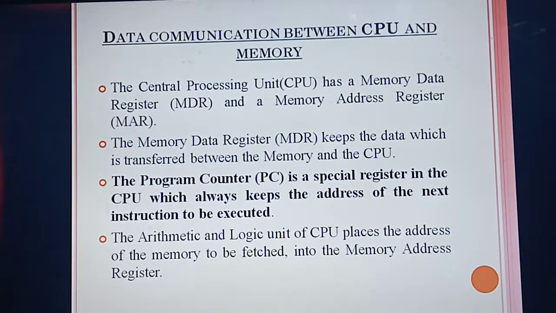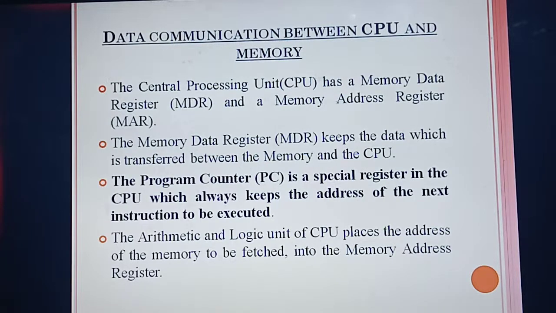Then when 1 is completed, the second says 2. If the third one is absent, how will the fourth student say the attendance? 3 absent, 4. In the same way, it will always keep the address of the next instruction. What's the next instruction you are going to execute? Understood? Program counter is a special kind of register. What's the use? Very, very important: it always keeps the address of the next instruction to be